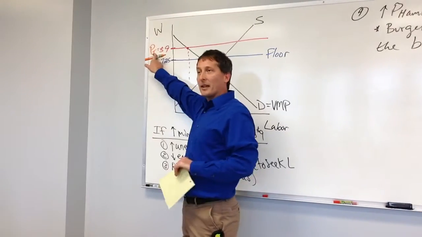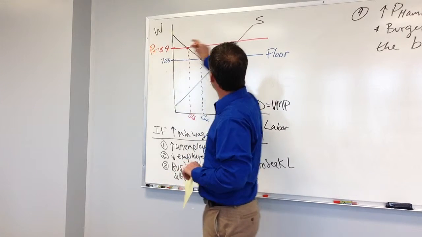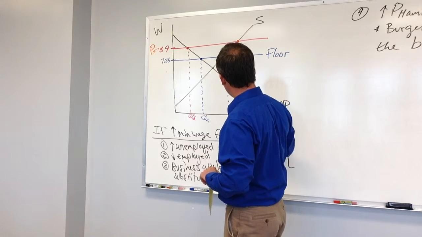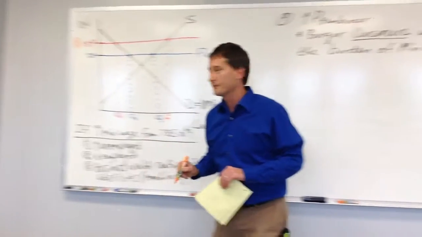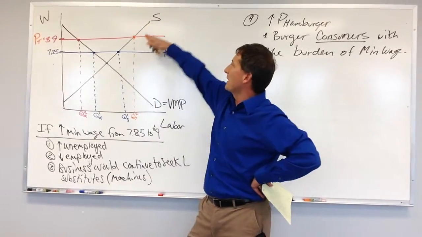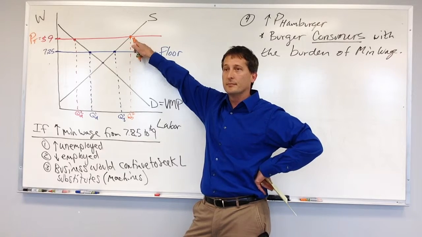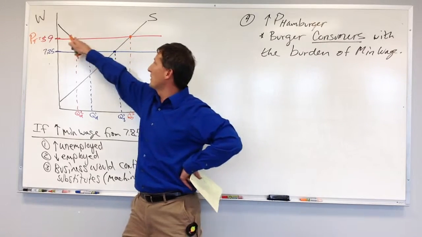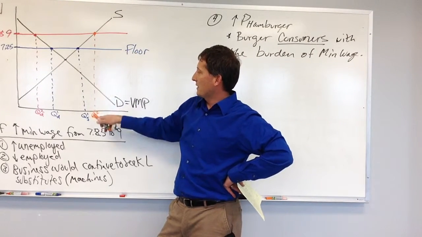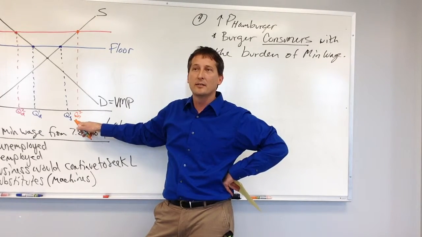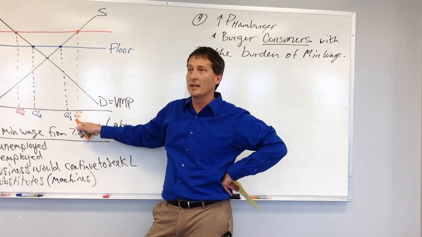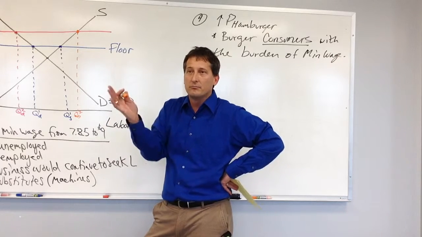The number of people that would like to work at $9 is this amount, QS2, let's call it. Now again, if it was the minimum wage, it would be the same amount of people. But this would be the unemployment amount. And then we're going to allow companies to hire as many people as they want at the best wage that they can get, right? So we're just going to let the market clear.